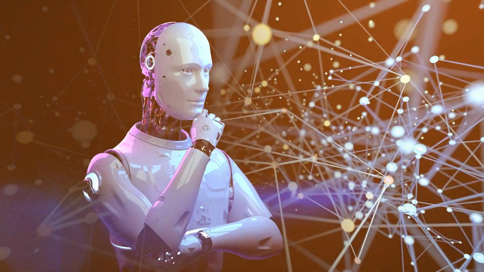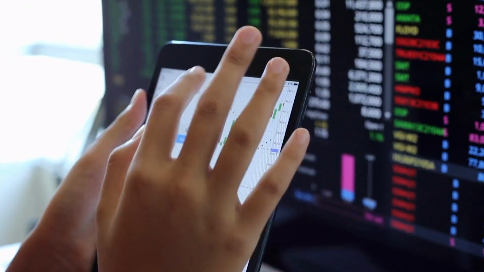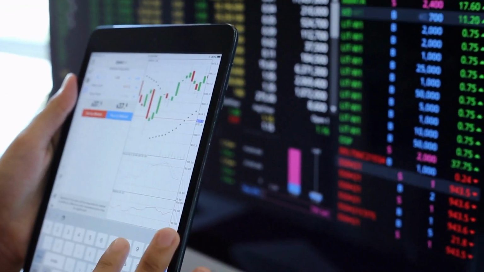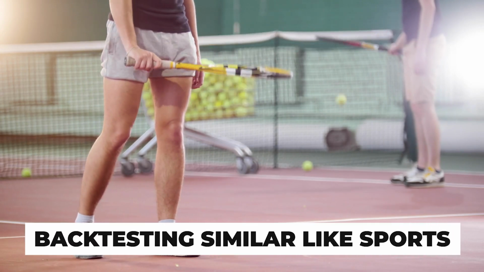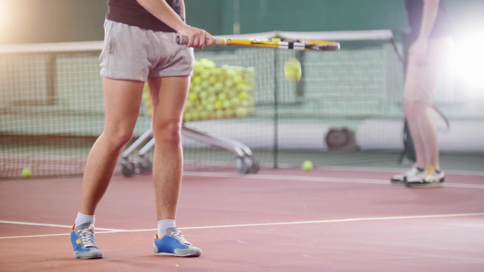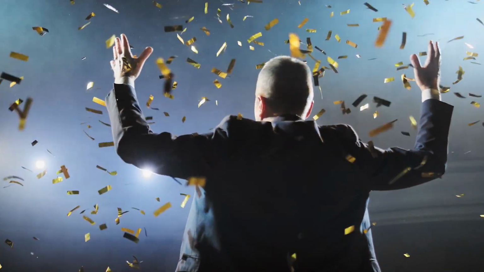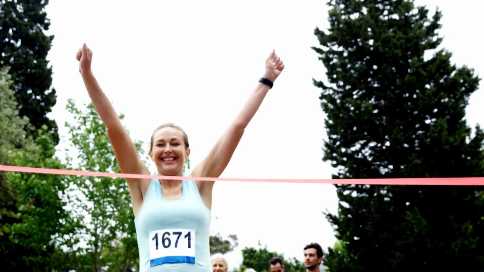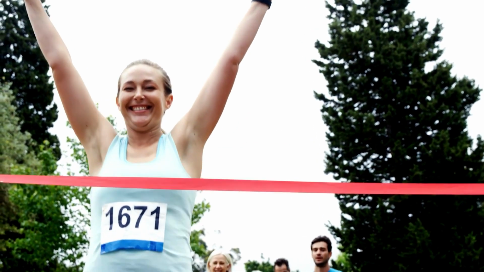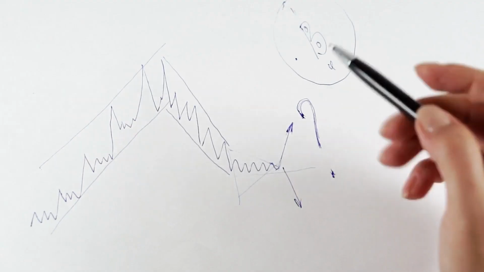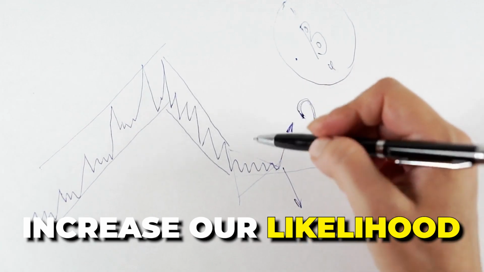Because ultimately it's a good idea to backtest versus not backtesting. And this applies whether you're trading robotically or if you're trading manually, you should always backtest your trading system. And backtesting is similar to like in sports that you're gonna practice, right, prior to the game. And it doesn't necessarily mean that you're gonna be successful in the game and you're going to win. But if you practice prior, then you're gonna have a higher likelihood of actually having success in the game, right? And so this is the whole idea behind backtesting, is to increase our likelihood of actually having success in the